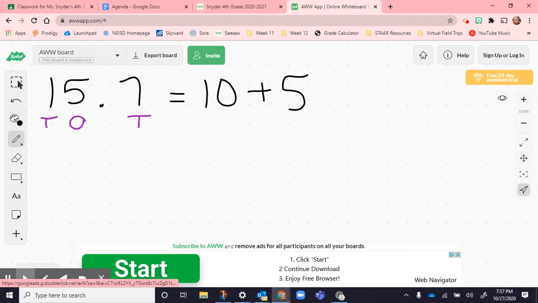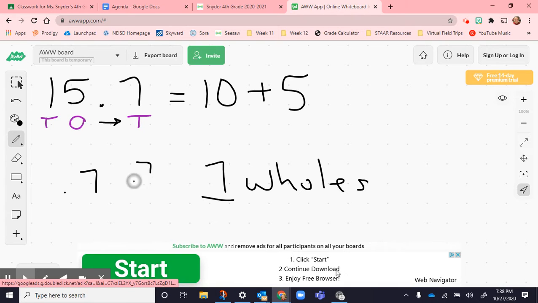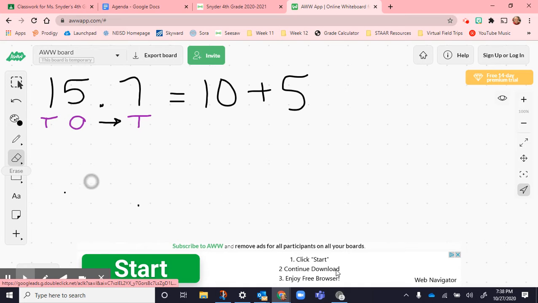Once we move to the right, everything over here has to have a decimal. If I just put 7, that's 7 wholes. That's a lot different than 7/10. So 7 wholes just looks like a 7. This is what 7/10 looks like. It's not a whole, it's a fraction. So you want to make sure that you are adding that decimal point to show I'm talking about decimals. So plus